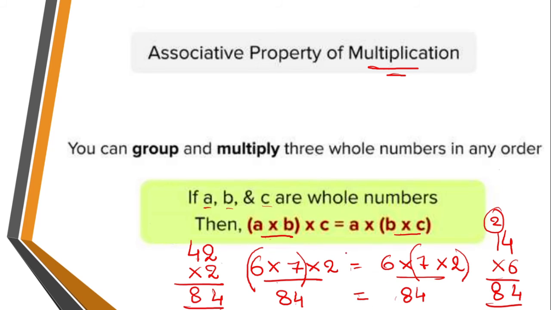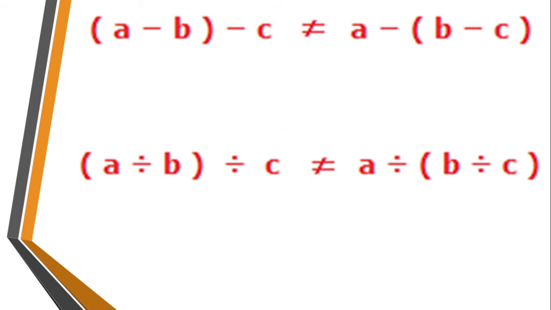So not only this operation, if you take any operation in multiplication, group the terms and then solve, the answer will come same in both the operations. So we can conclude that associative property holds true for multiplication also. So multiplication holds true for associative property. So now let's begin with associative property of subtraction and division. So in subtraction we will do A minus B minus C.